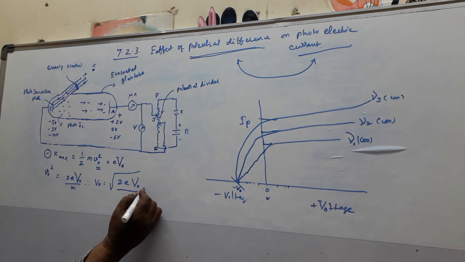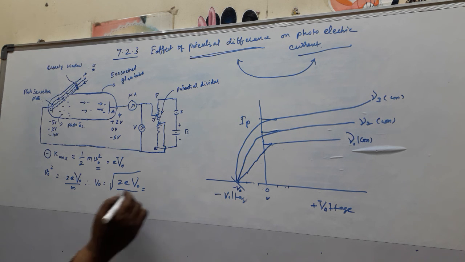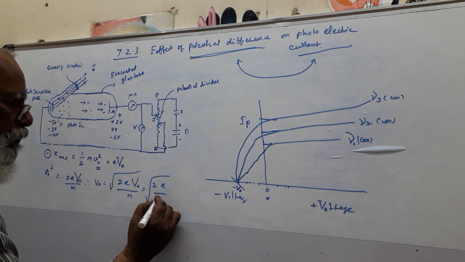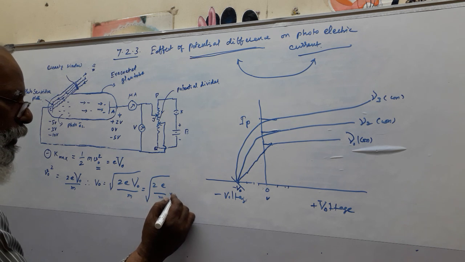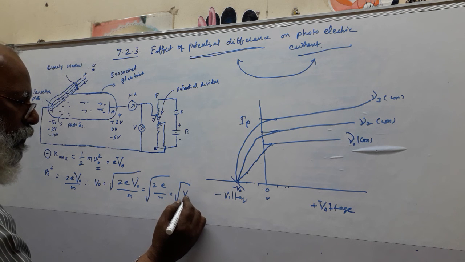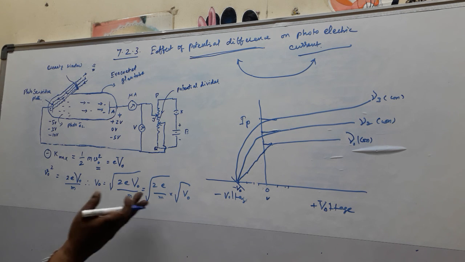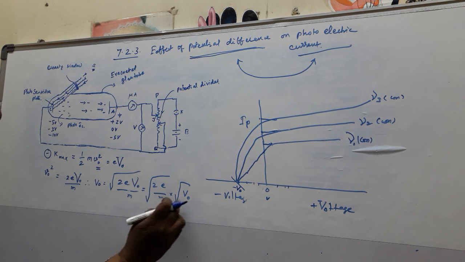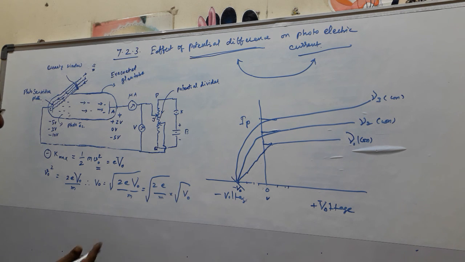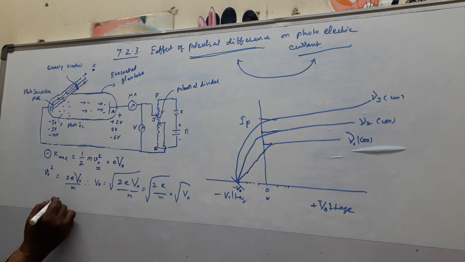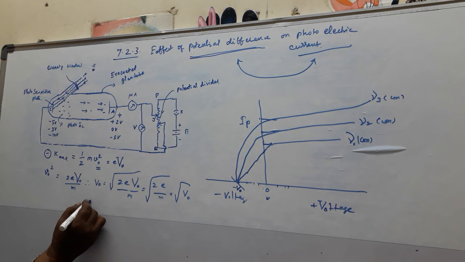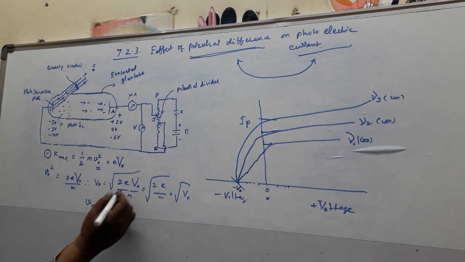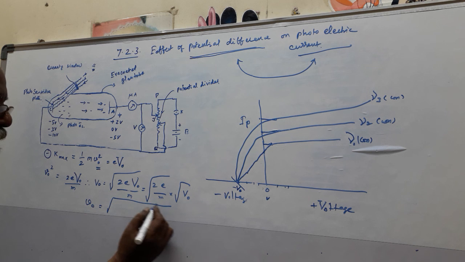Or in other words, we can write it like this also: square root of 2e by m multiplied by square root of V0. For our convenience, we substitute this value, except this one. That's why we are separating this value from the root itself. So finally we get v0, the velocity of the electron, equal to square root of